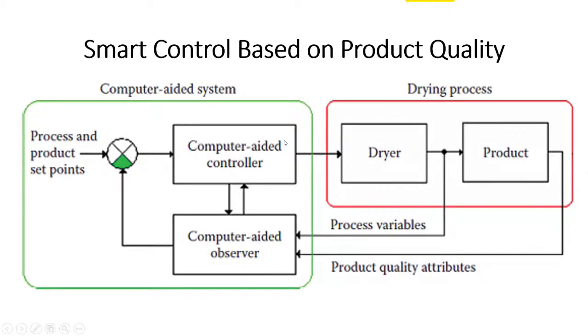And with this system, we can have an adaptive control system, because the temperature that we apply and the air velocity that we apply in the drying process is dictated by how the product